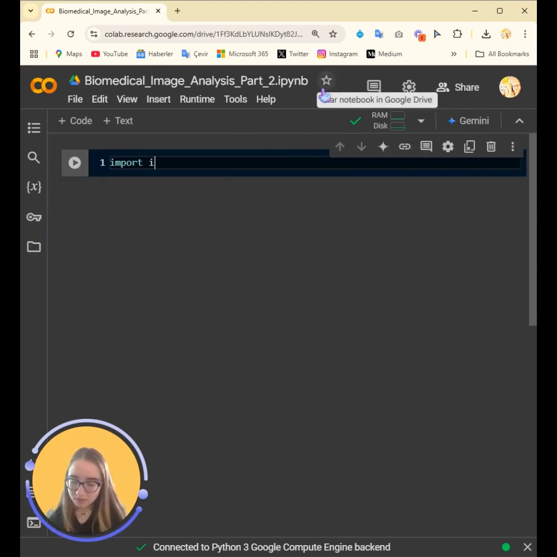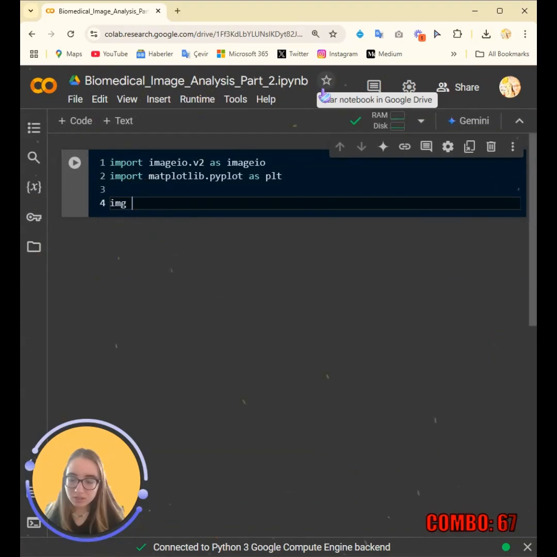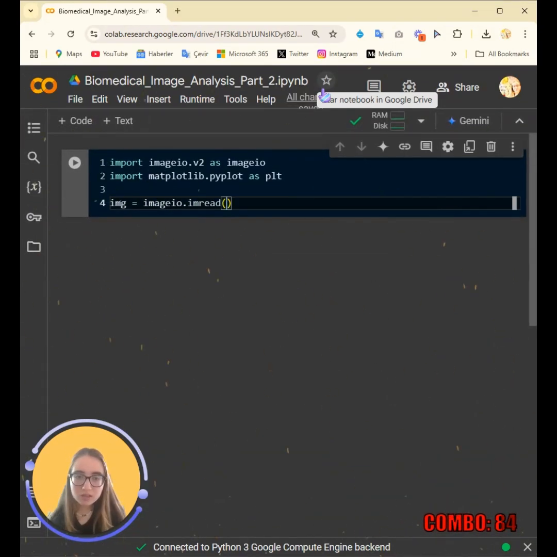After that, I'll import imageio.v2 as imageio, and then I'll also import matplotlib.pyplot as plt, and I'll be reading the image using the imageio.imread function.